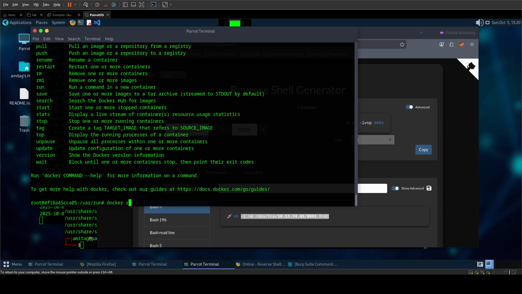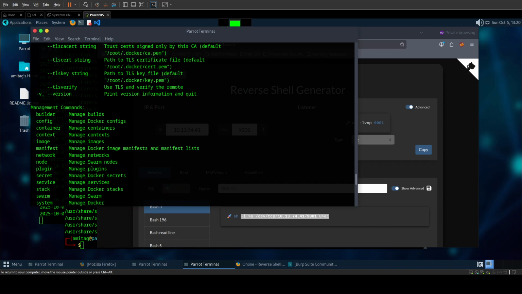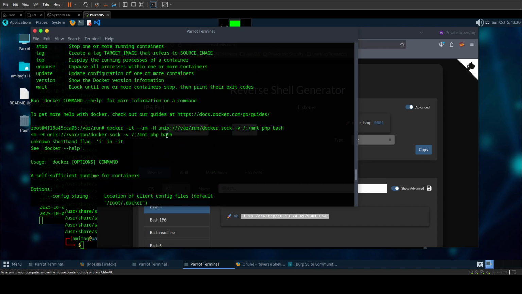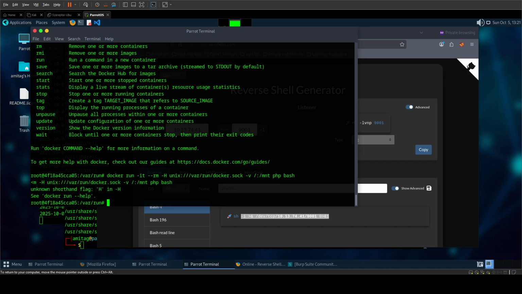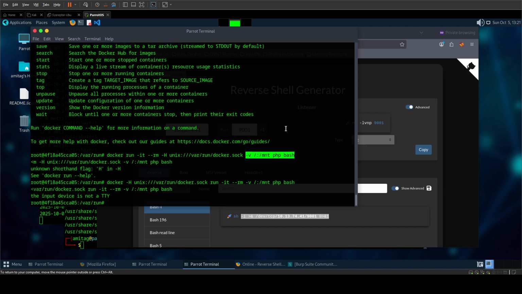It's docker run -it --rm, and then I should give the command. Now I can give this. Okay, so it is running this, but we need to first give -H and then -it. The input device is not a TTY, and we know the solution: